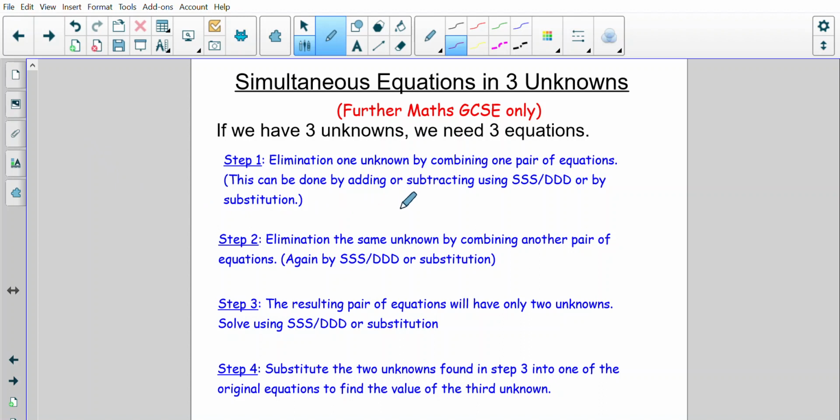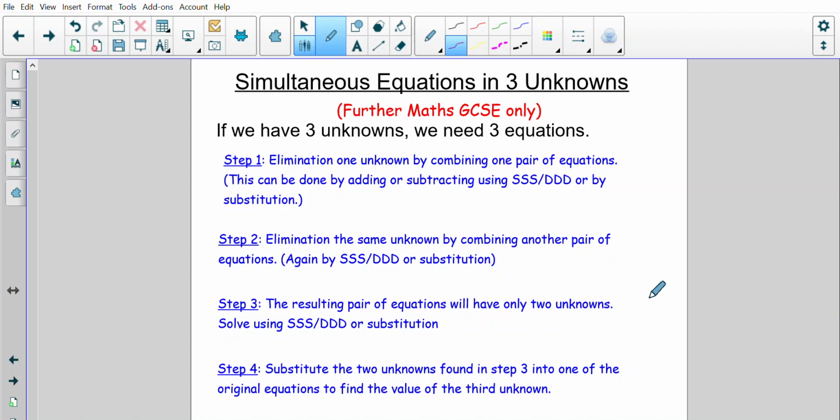So the idea is, in the first step, we pick one pair of equations and we combine them to eliminate one of the 3 unknowns, either by adding and subtracting or by the substitution method. We then want to eliminate the same unknown, the same letter, from another pair of equations, again by SSS or DDD or by substitution. What we're left with at this stage is a pair of simultaneous equations with only 2